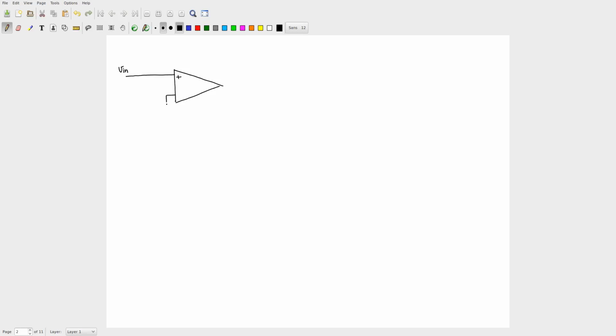The negative terminal of the op amp has feedback there, and that feedback we created using two resistors. We call this resistor having a value of k minus 1 times R, and this one having a value of R. And if we were to map this same circuit to the previous block diagram of something with A and then a feedback block with B,